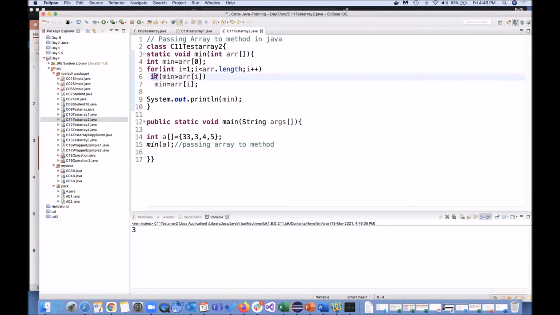Suppose, and this is not good programming style, if there is an if condition or a for loop and you are not writing any curly braces, it will always consider the first line as the line of execution, and then it will end it. The braces, means your compiler will do it. So when I say this if, you can see only after the if condition we used to have these braces.